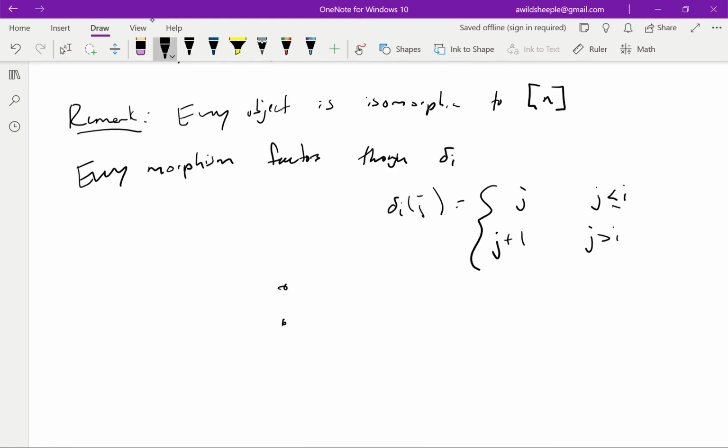So if I have 3 points and 4 points, the only question is which one am I skipping? And if I had 3 points and 5 points, it's which 2 am I skipping, and so on. So it's the inclusion, in this case, of 2 into 3, because 0,